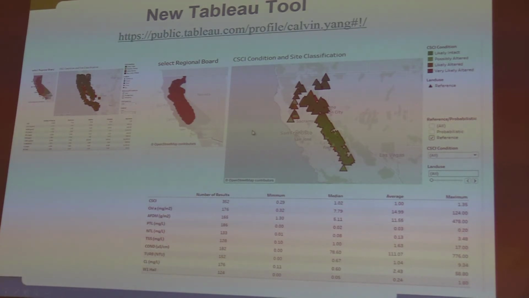And so just to explain the way it's organized. When you click on this link, you'll get a dashboard that looks like this. And the way you sort the data is